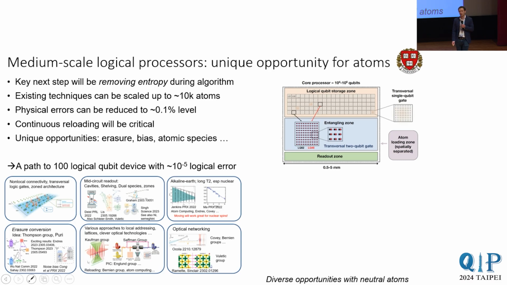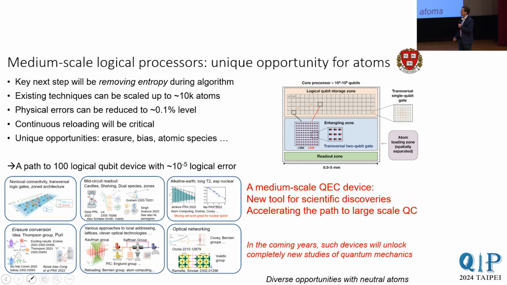And all of these, I think, in the coming years are going to coalesce to being able to make medium-scale error-corrected devices. There will be challenges, but it seems like we do have a relatively clear path to making something on the scale of 100 error-corrected qubits that can do something like 1 million logical gates. This medium-scale error-corrected device might not solve big problems necessarily, at least yet. But I think it will be a really new scientific tool. It will almost be conceptually different from the types of quantum computations we're doing now. It's a quantum system that's not limited by depth.